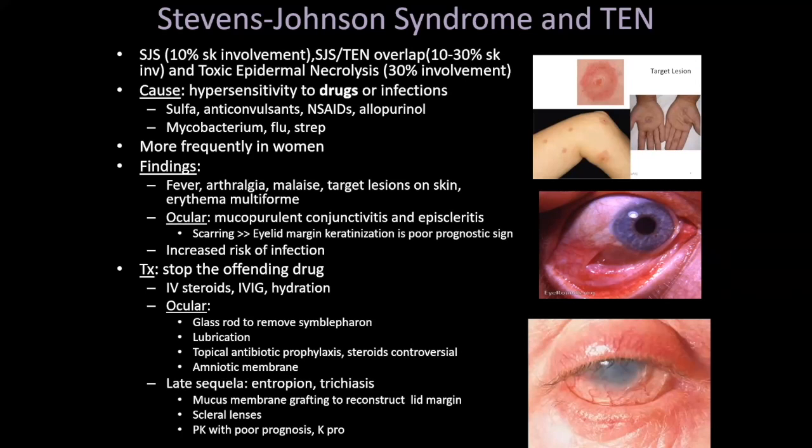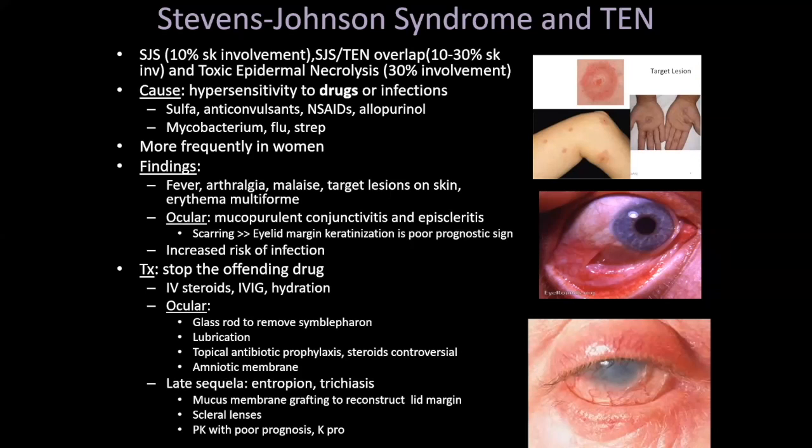And it's not only to correct the lid abnormalities, but also to reconstruct the lid margin when you have lid margin keratinization. As I said, lid margin keratinization is a very poor prognostic factor. So we do the MMG to correct that. Then the wearing of scleral contact lenses. We have the PROSE lens. The PROSE lens has found a place in the management of